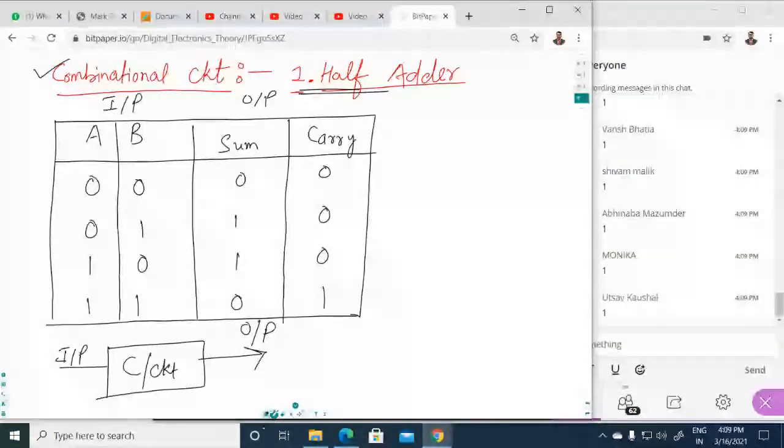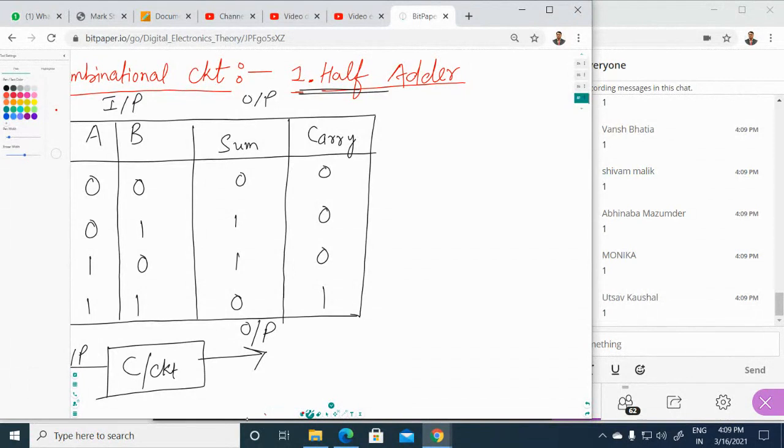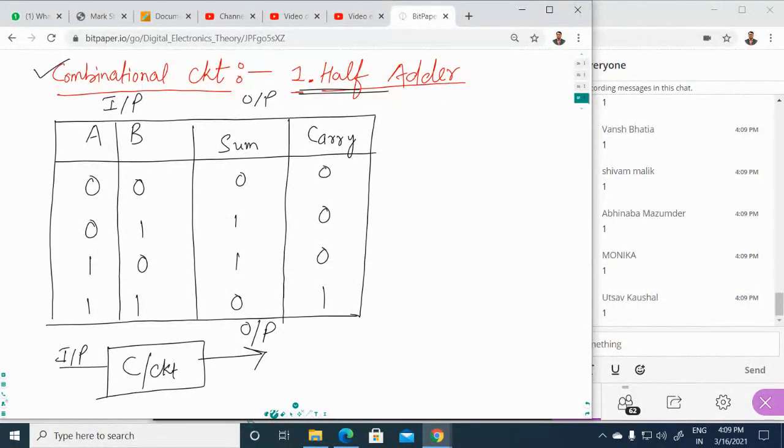Okay, now you have to draw the K map for this problem. You have to draw the K map for sum, and you have to draw the K map for carry also. For the sum, you have to draw the K map. So for the two inputs, how can you draw the K map? This is your A input, this is your B input. You have the two inputs right here, and you are creating the sum value. So this is 0 and this is 1, this is 0 and this is 1.